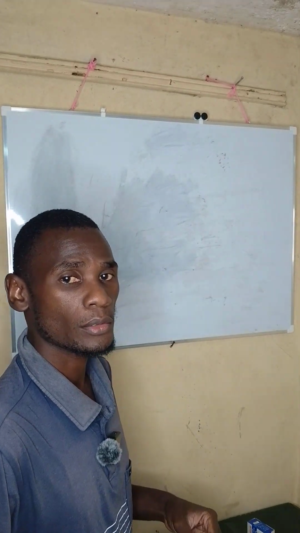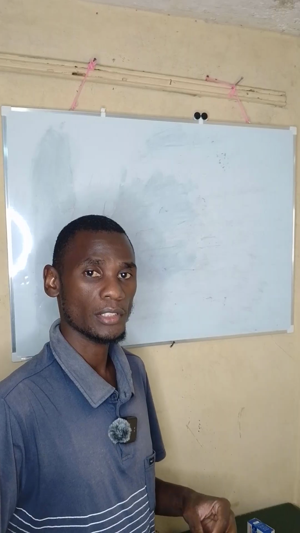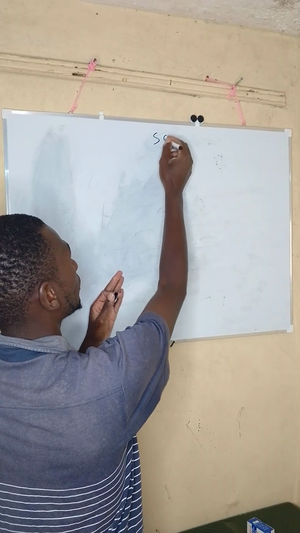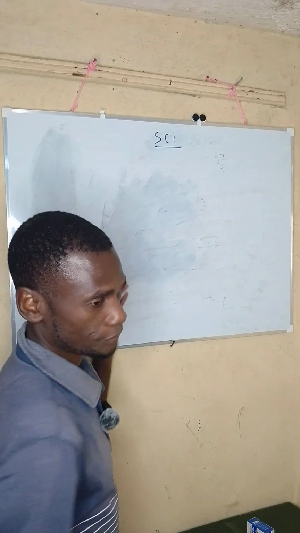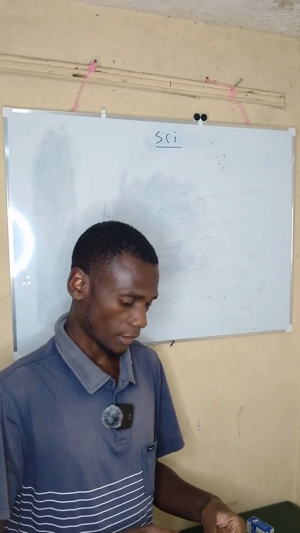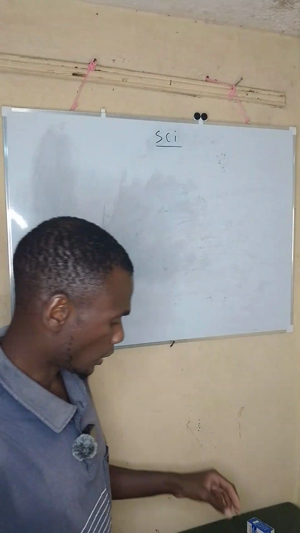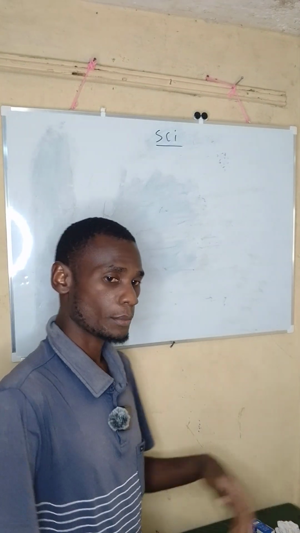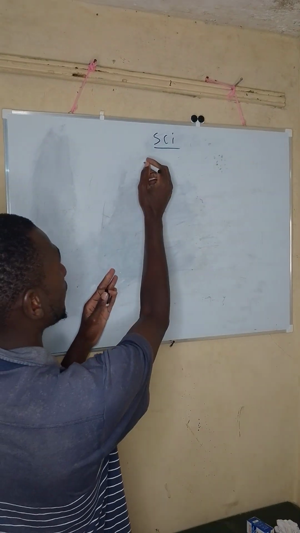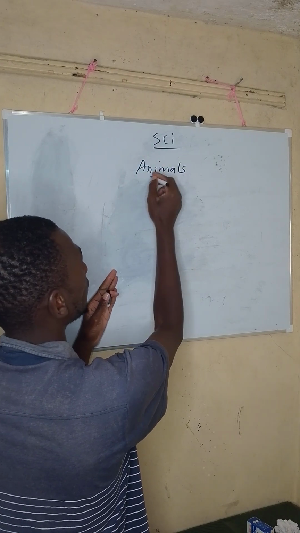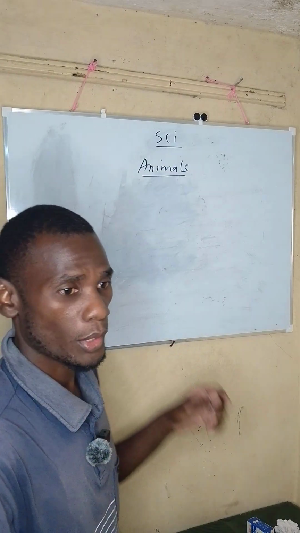We are going to handle Science and Technology, Grade 6. Under this area, we are going to discuss animals in Grade 6. So when we were in Grade 5,